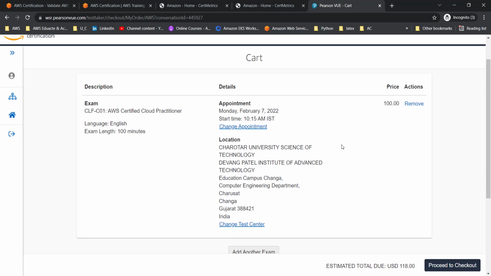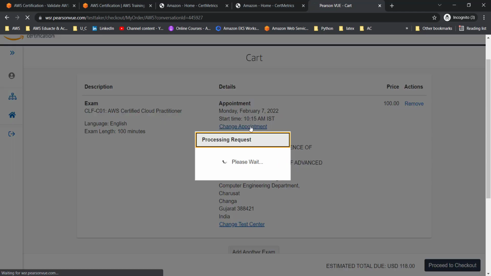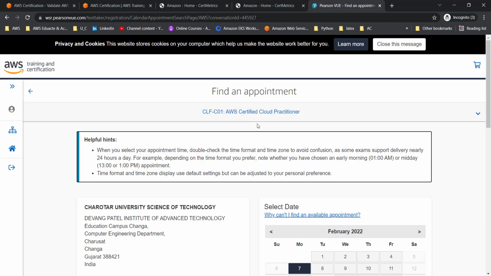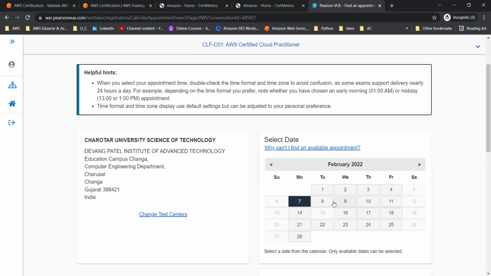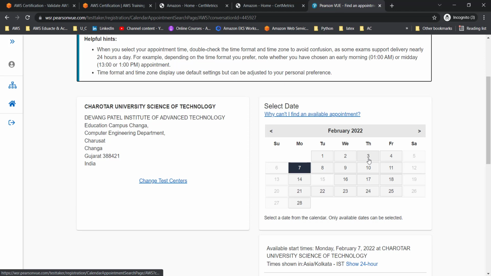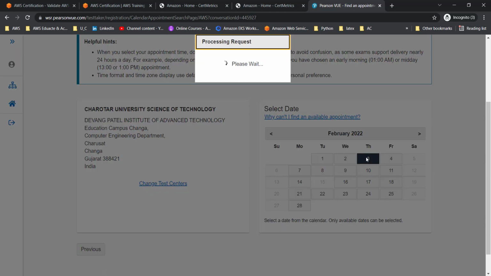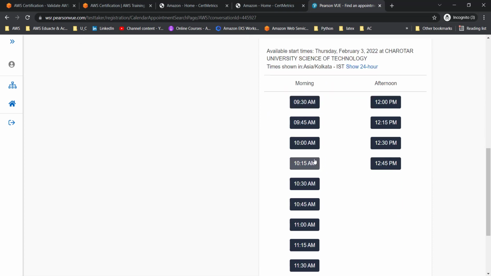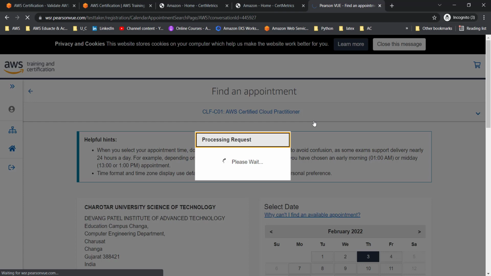Okay, even once you click on a specific date and time, one more time you have an option to change your appointment. You can see now I'm going to change my date and time, right? So you will be redirected back to the previous screen where you have a calendar. You have to select the modified date, and then you have to select the timing. I'm going to select 9:45 a.m. in the morning,